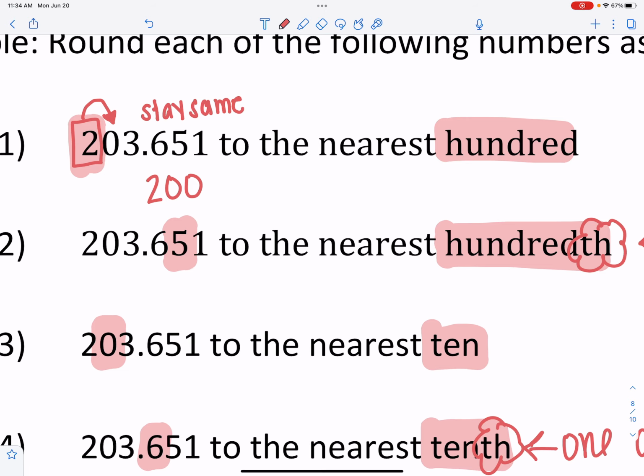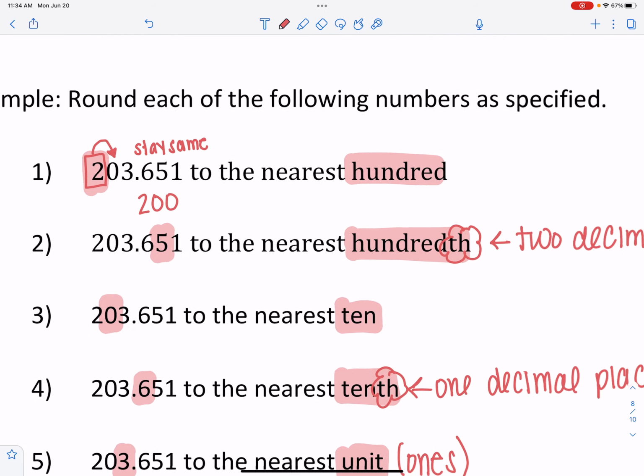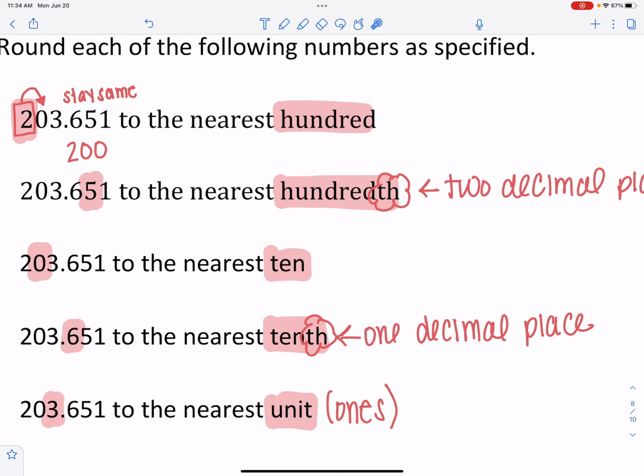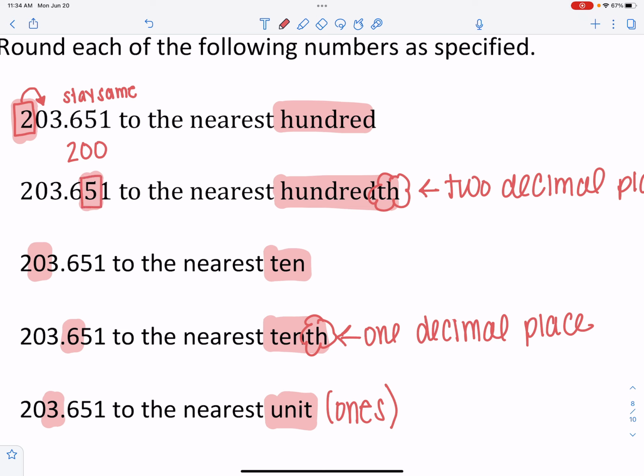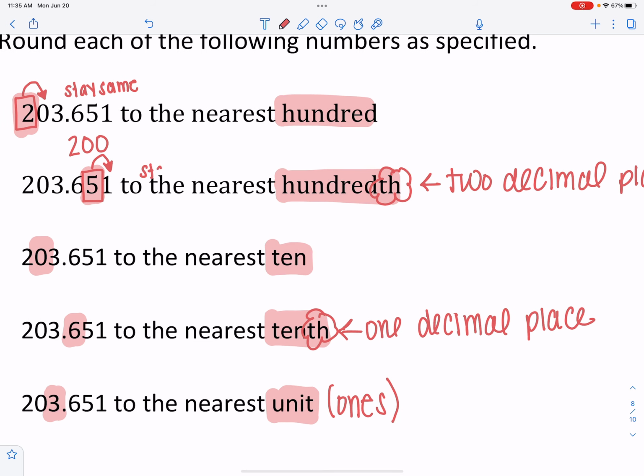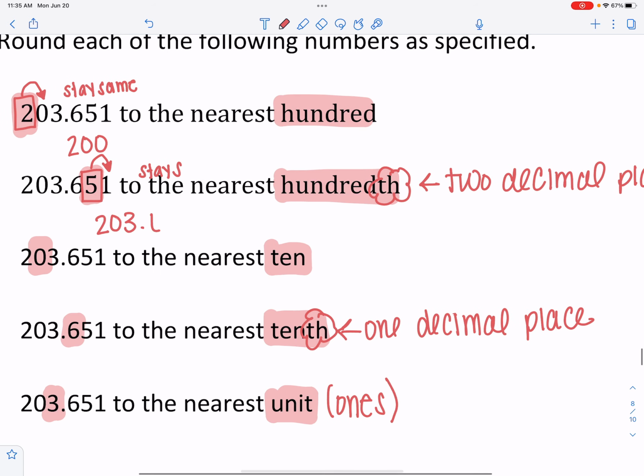203.651, same number, but now it says to round to the nearest hundredths. Hundredths is going to be 2 decimal places. So I went ahead and highlighted that digit. You're going to look to the number to the right. Because that is 4 or less, it's going to stay the same, which means I'm going to have 203.65. Okay, the next one,